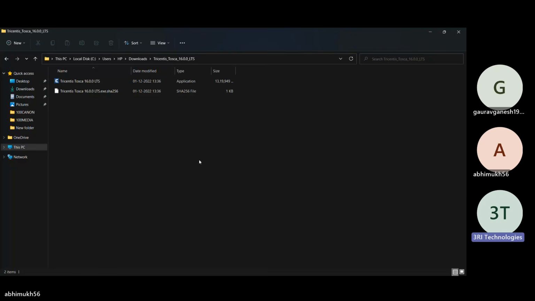You can double click on that LTS file 16.0, blue color. Yeah. I assume that it will be a little bit slow on your machine. Should I go next? I'm not seeing anything, I'm seeing a black screen. Okay. One second.